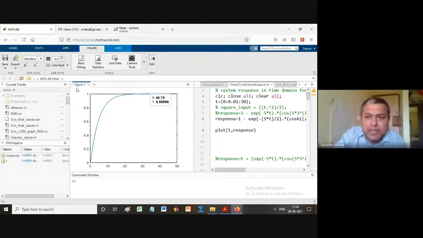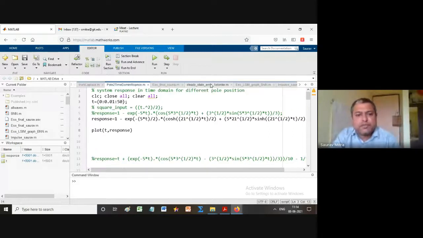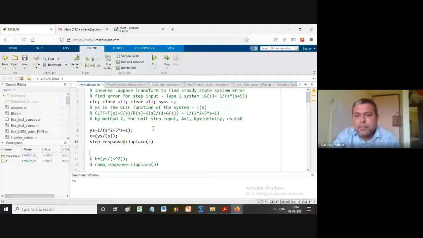So if you see the example here, this is the way the output is increasing. So here what we have plotted is this is the response. So what we have done here, you can check, this is the first case. This is a system, this is a type 1 system. Why type 1? Because G(s) is 1 by s. Type 1 system, I have found G(s) by 1 plus G(s) because H is equal to 1. So this is the closed loop transfer function.